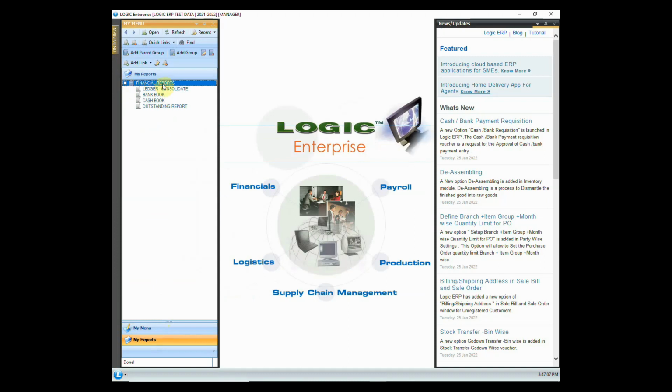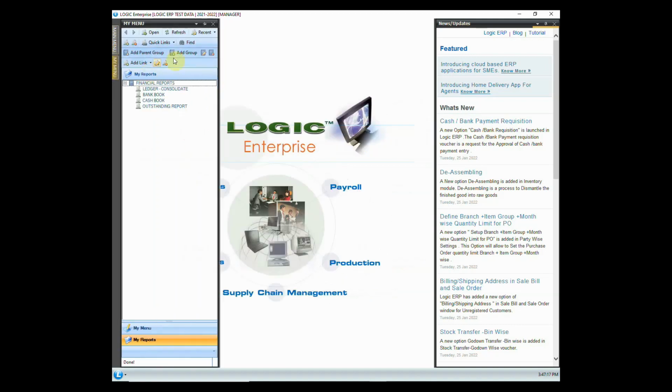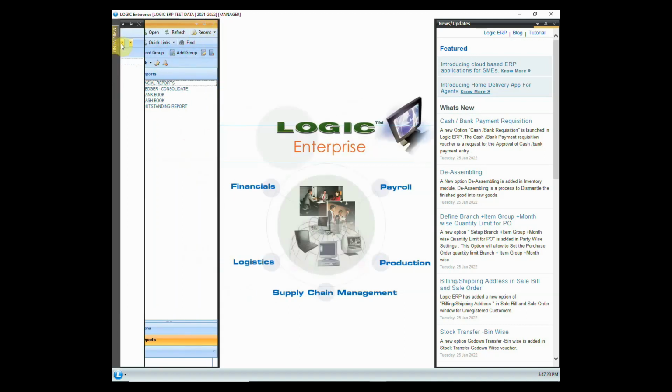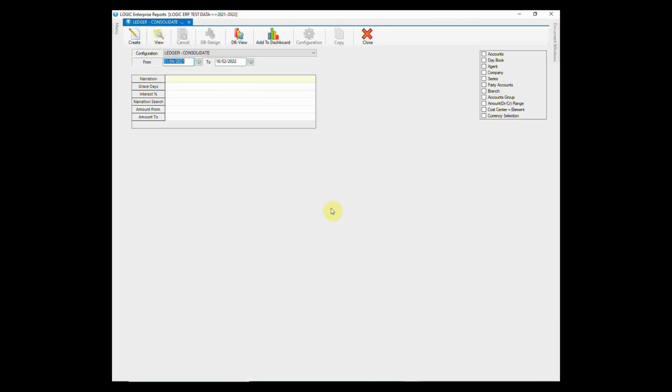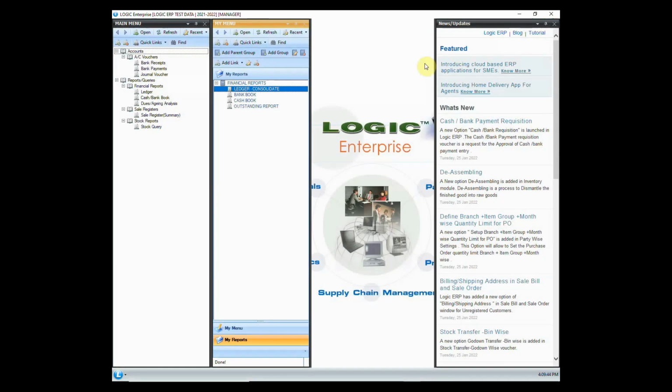This is the My Reports menu that we had designed in the last step. So the last step is only for the purpose of designing My Menu. The main menu will contain the enabled options. In the ledger, you can see that only the selected configuration is visible to the manager.